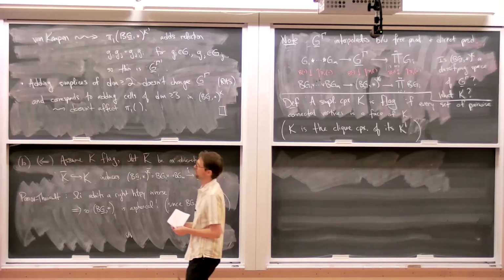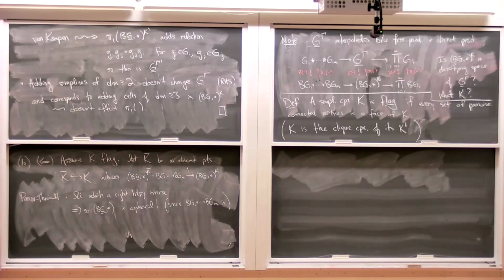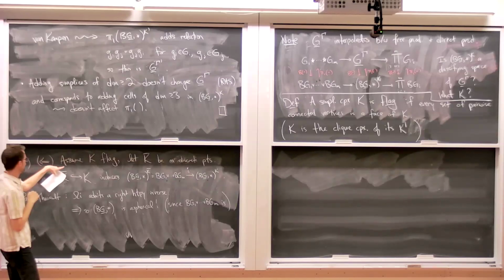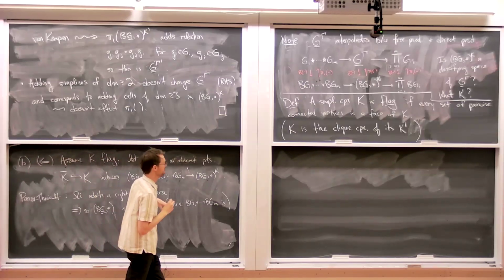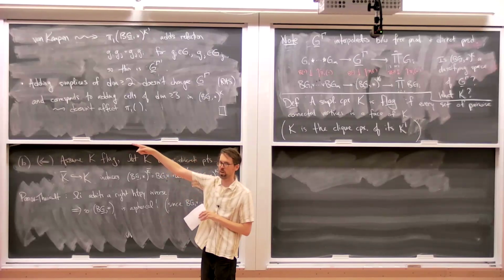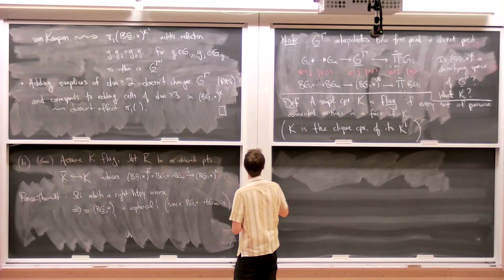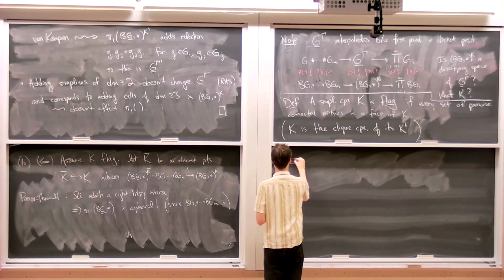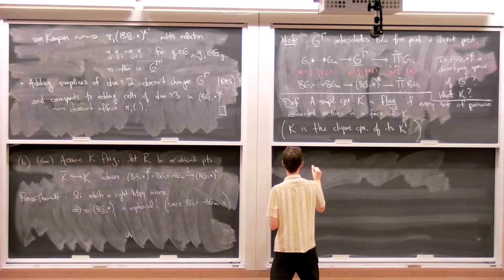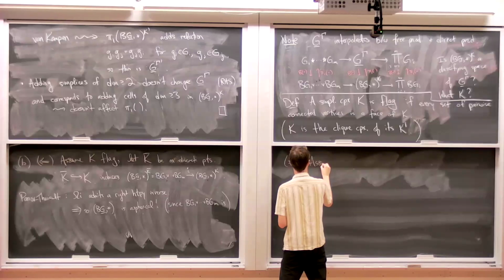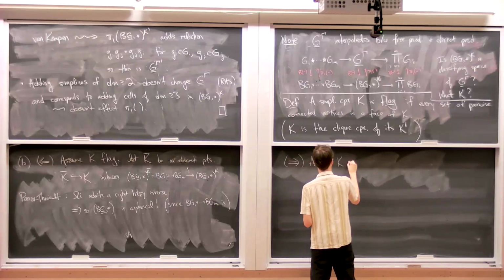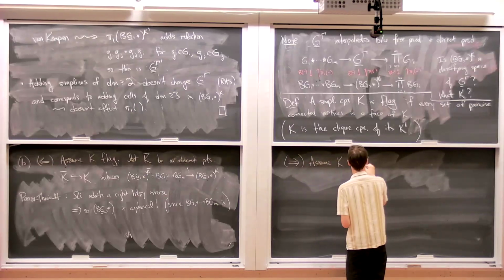Instead of assuming that some space is aspherical and trying to argue that the simplicial complex defining it is flag, let us just instead assume in the other direction that K is not flag and try to construct some higher homotopy groups on the left. So this direction, briefly, assuming K not flag,